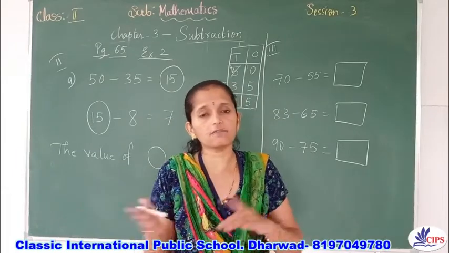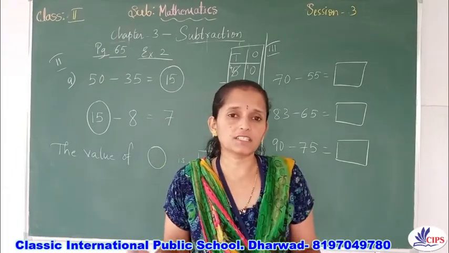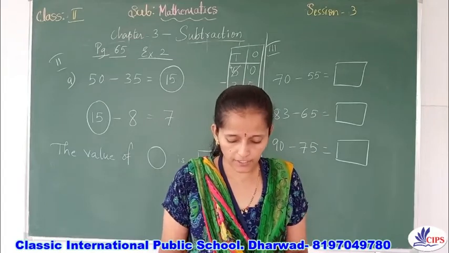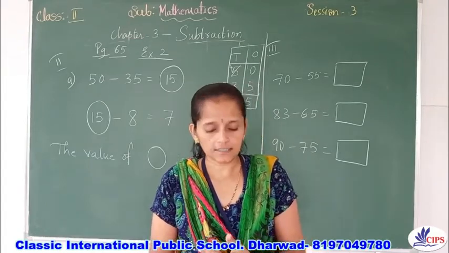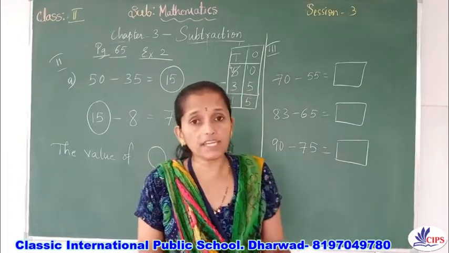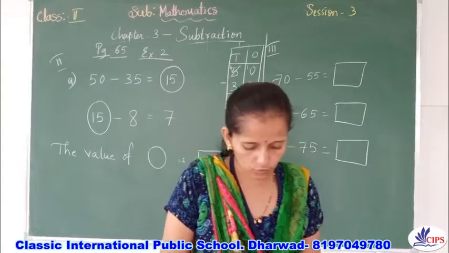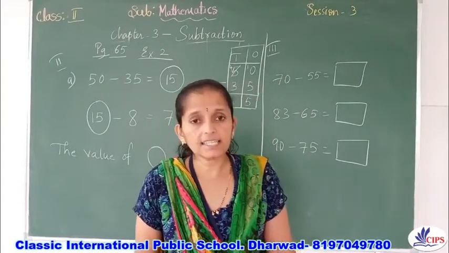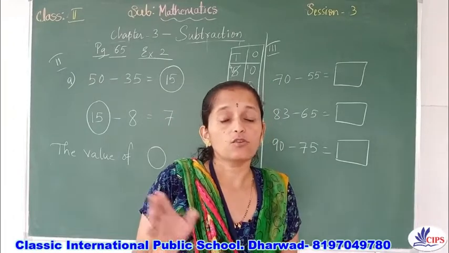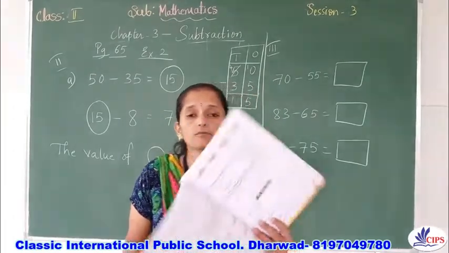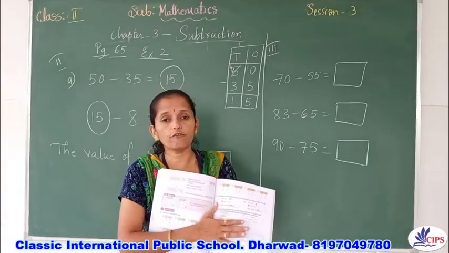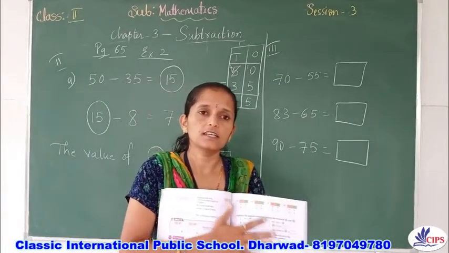If you do the subtraction wrong, somewhere the letters will be mismatched. So do the subtraction perfectly, then you'll get the correct answer. So children, up to here the second exercise will complete in your textbook, that is page number 64 and 65. Take the help of your parents and do it alone. Don't use any calculators for subtraction here. This completes exercise 2 of this third chapter, subtraction.